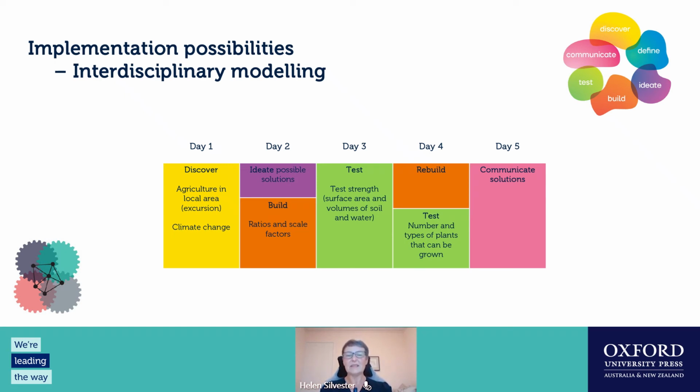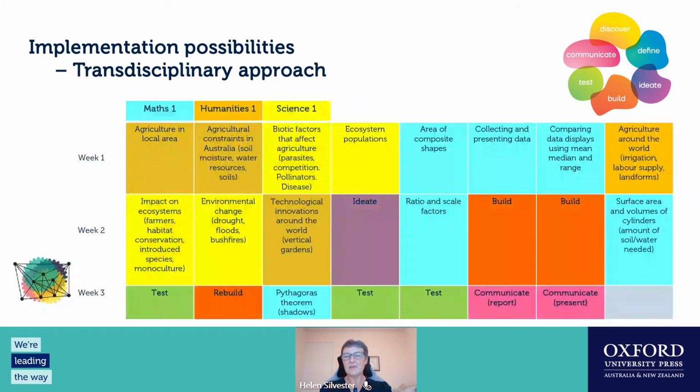Now, this is, as I said, the interdisciplinary model. There is one other example that I've put together, which is the true transdisciplinary. And it's worthwhile thinking about this. You're not going to go straight to this, mainly because it takes time to train up the teachers to do it. So before you go into something like this, it's better to try joining a couple of curriculum areas together. So get the maths and science teachers together, get the humanities and the maths teachers together.